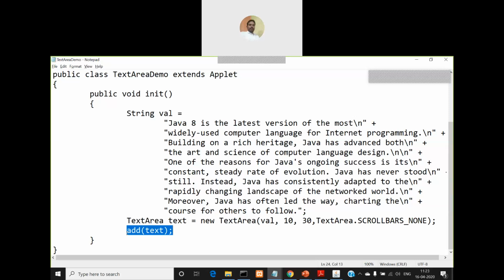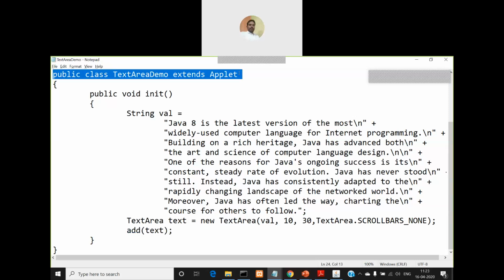The class is defined as public class TextArea extends Applet. We are not implementing any listener interface, so any events that are generated from this applet window will not be handled.